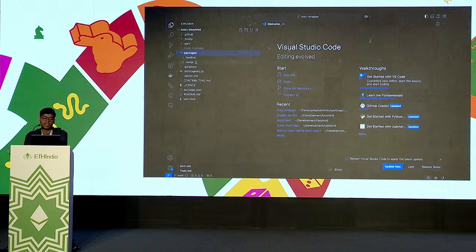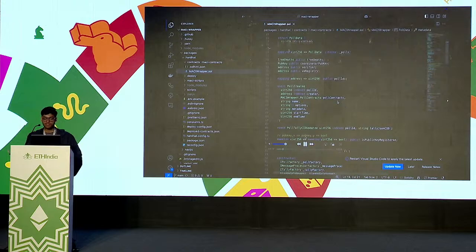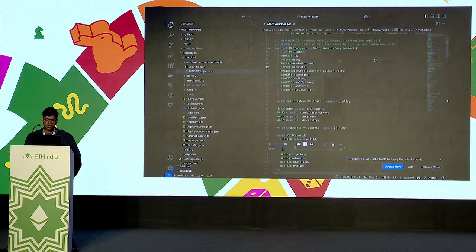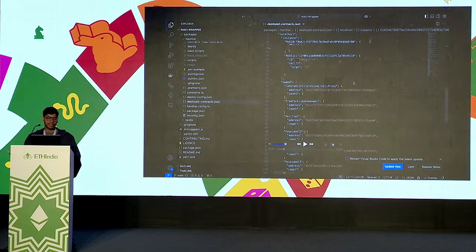One is the Hardhat package, another is the Next.js package. So the Hardhat package contains all the contracts, and this is the Macy wrapper contract. Now the Next.js project, the Hardhat project also contains the deployed contracts.json file. As you deploy more contracts, the contract addresses will be updated here. You will also see a deploy config